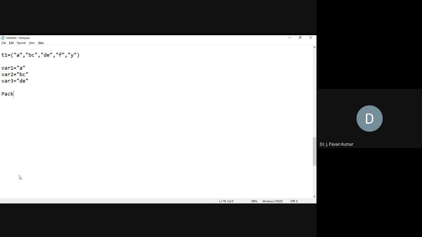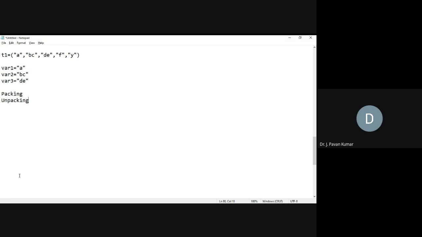Okay, why we are considering this word is, whenever there is a packing, automatically another one will come, that is unpacking. Packing is nothing but whatever individual variables or individual elements we have, those can be combined together, collected together, grouped together, and that we call packing. And now can you define what is meant by unpacking? Sir, the elements which are already grouped together, removing them.